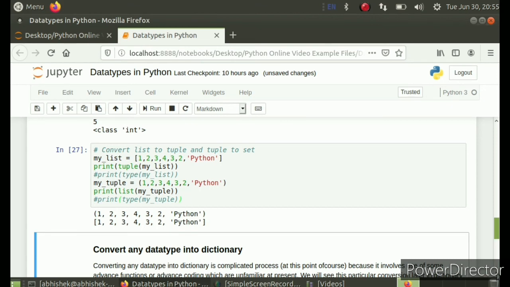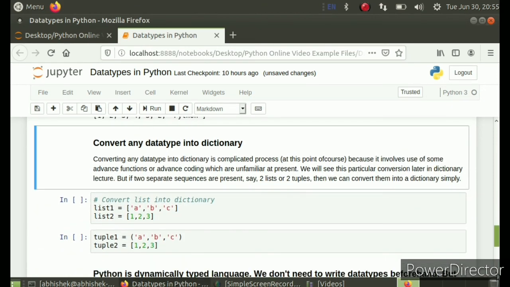Okay, moving on. Now converting any data type into dictionary is a very complicated process at this point, of course, because we are unfamiliar with some standard advanced functions and advanced coding style, because dictionary involves key and value pairs. So there are some advanced functions to make it easy.